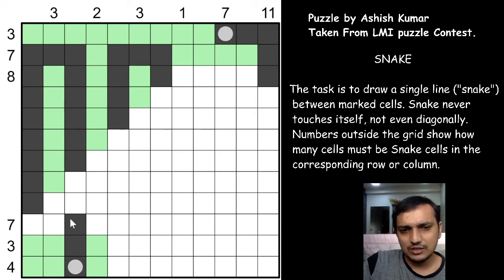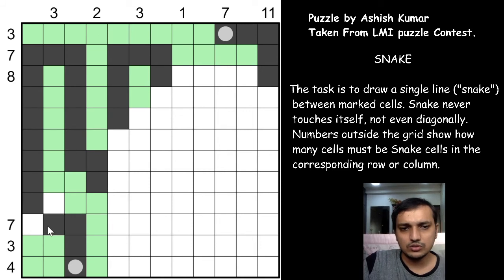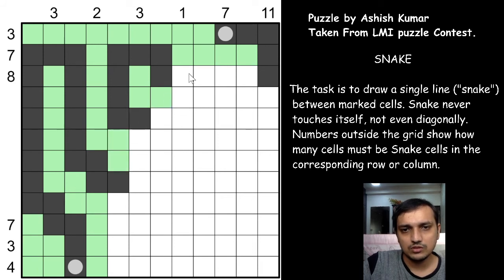that this snake cell has to meet this point, because this point will come this way or this way, and it has to meet. If it comes this way, it will meet diagonally and touch somewhere. So these 2 snake cells are not possible. So these 2, we got this thing, and it will go this way, and for the 3 to be fulfilled, it will go up, right? This will go this way, right? So the 1 is fulfilled.